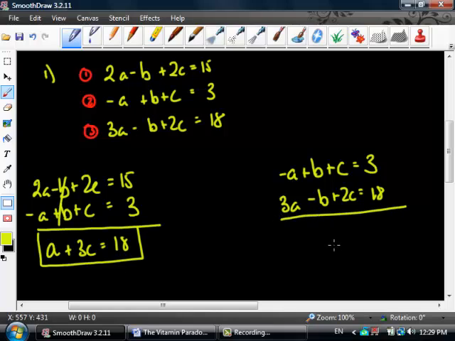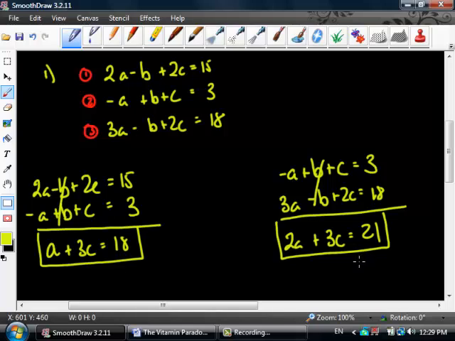Okay, from here, remember, we eliminated b in the first scenario. We've got to eliminate b again in the second. So I'm going to eliminate those two. 3a minus a is 2a. And then plus 3c equals 21. And now you have